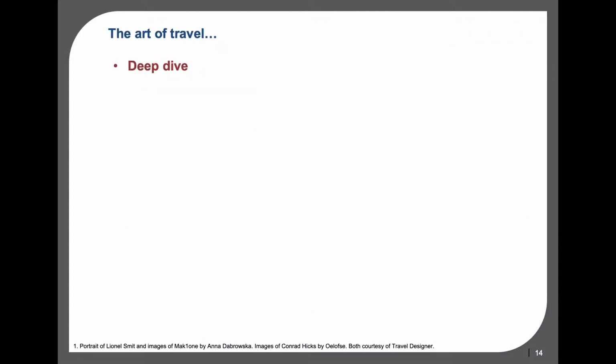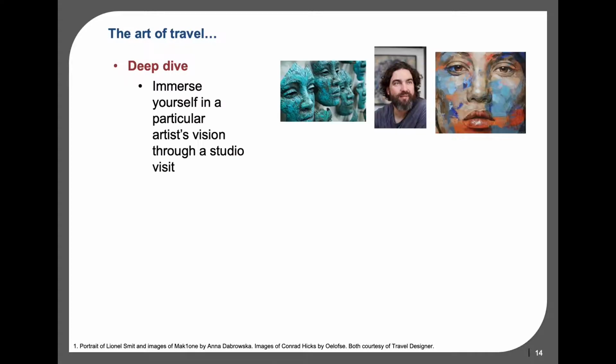For clients who are particularly interested in art or in a particular artist, there are opportunities to dive deeper. Immerse yourself in an artist's vision and learn more about their artistic process through a studio visit. You can visit the studios of high-profile artists like William Kentridge, Cyrus Kabiru, Dylan Lewis, and Lionel Smith, who's pictured here. Obviously, this needs to be arranged well in advance, and working with a specialist art guide is key to